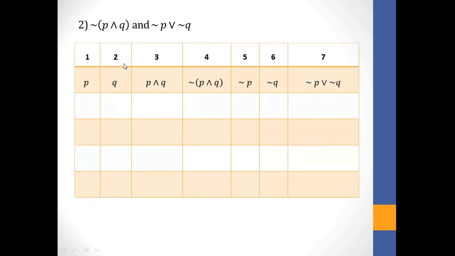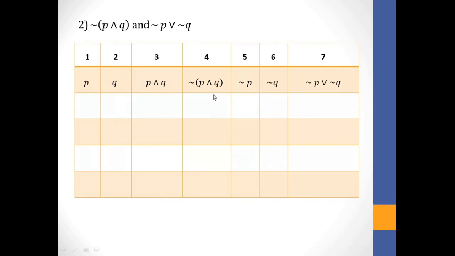we have to show that the negation of P and Q, this statement pattern, and negation P or negation Q, this statement pattern. This is the first statement pattern given to you and this is another statement pattern given to you, and we have to show that these two are logically equivalent. So prepare the truth table of this, join truth table.